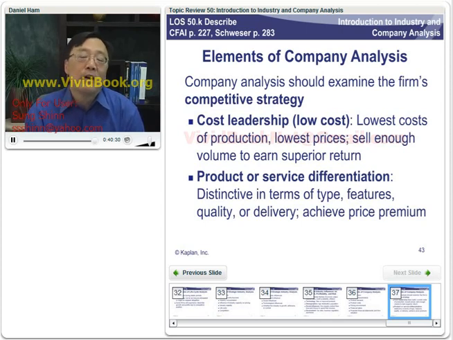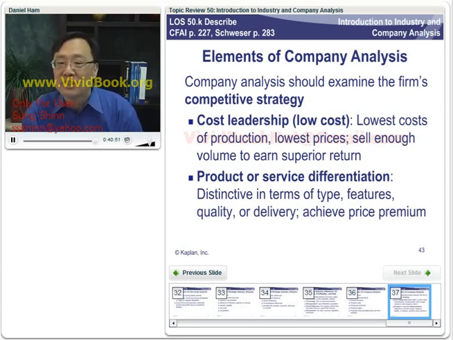Here, you're competing on your ability to do something different than your competitors. Things like quality, delivery, achieve a premium price. A good example is, say, Coke and Pepsi. These two companies have a lot of pricing power, and really, if you look at the actual product itself,